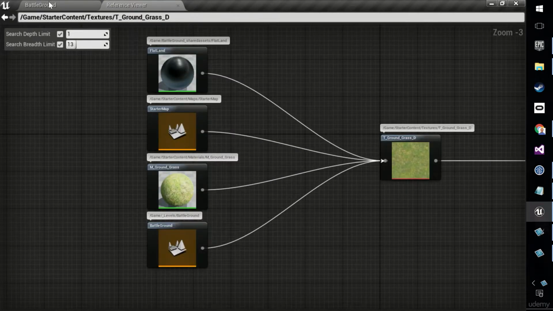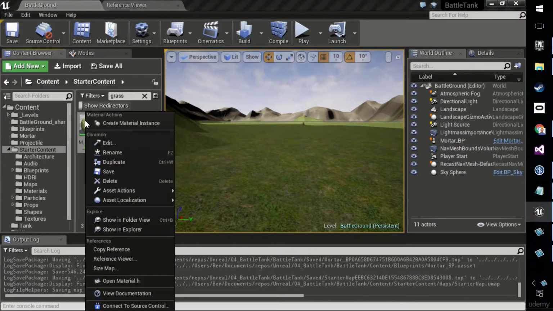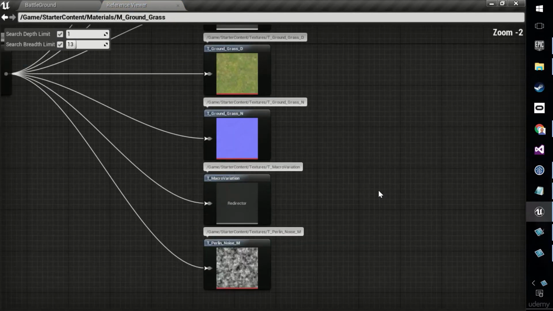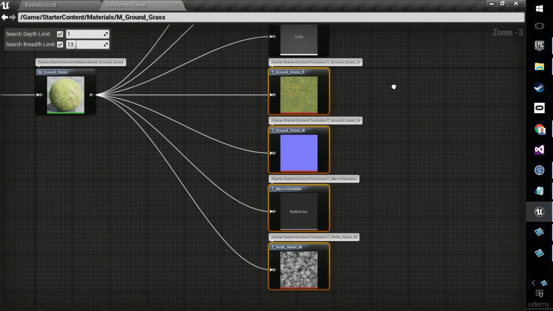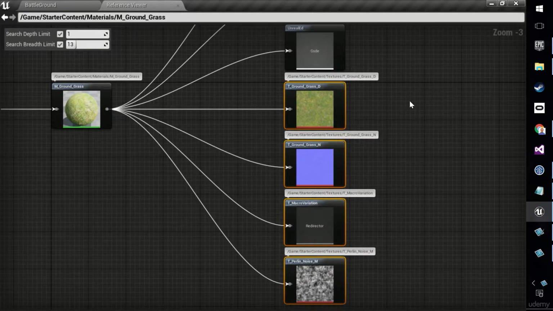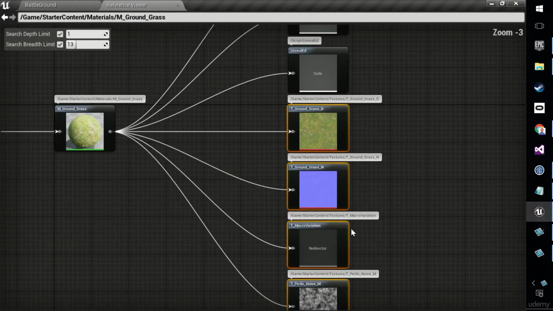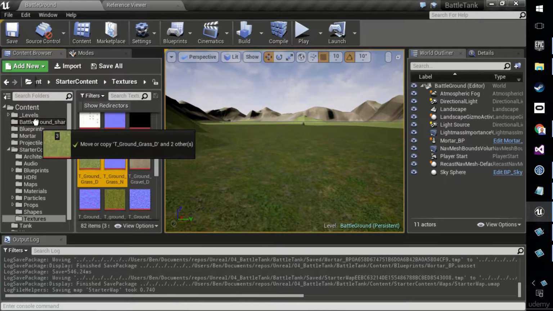So I should... T ground grass D. I'm not trusting that entirely. What are the references for the others? Grass, yeah, grass depends on all this stuff, you see, in the starter content. If you're going to use grass, which we have been doing as a material on our landscape, we're going to need to take all this stuff with it, the Perlin noise, the macro variation, all that. So again, we can find it in the content browser, move all this stuff into the battleground folder,